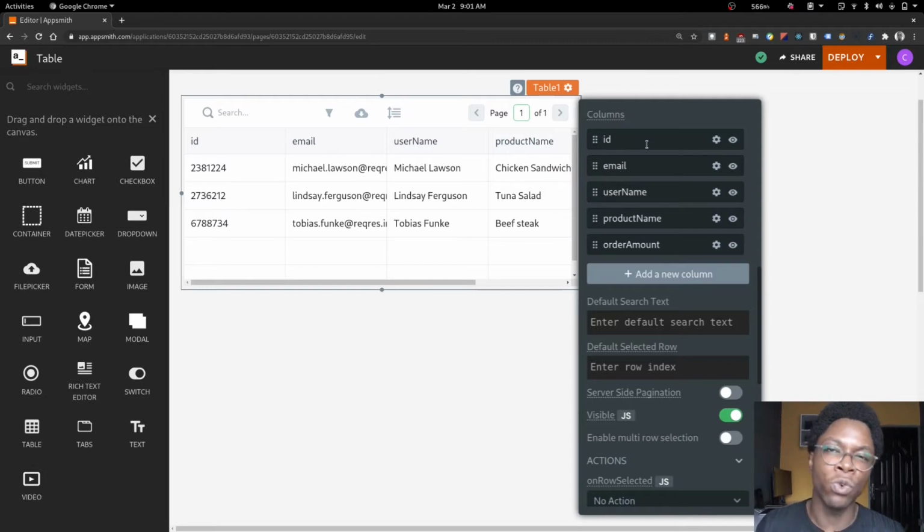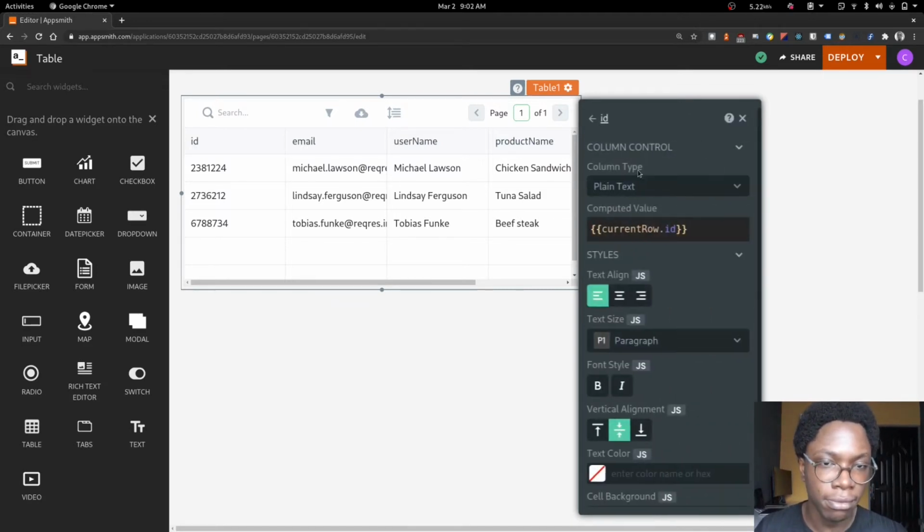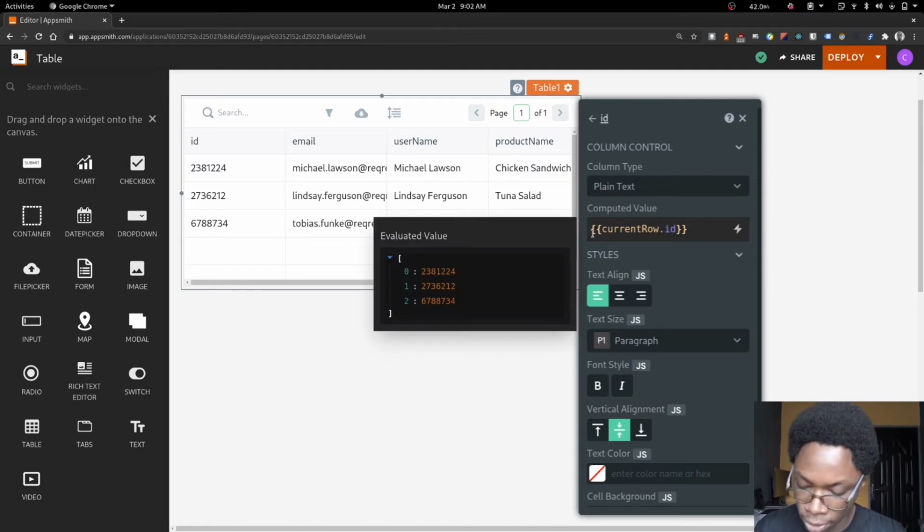We can go ahead to give granular configuration to each column on the table widget, and I'd like to show you that briefly. So clicking on the ID column, we can configure the computed value for the ID column. So we can do some transformation or some formatting to make data be presented in a format we want. For example, I can go and add a £ sign here,